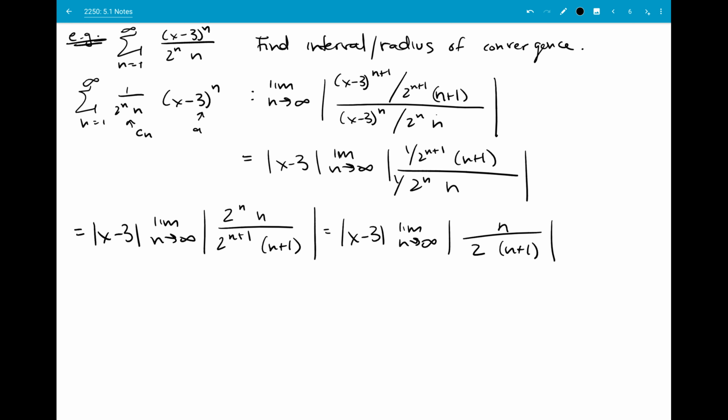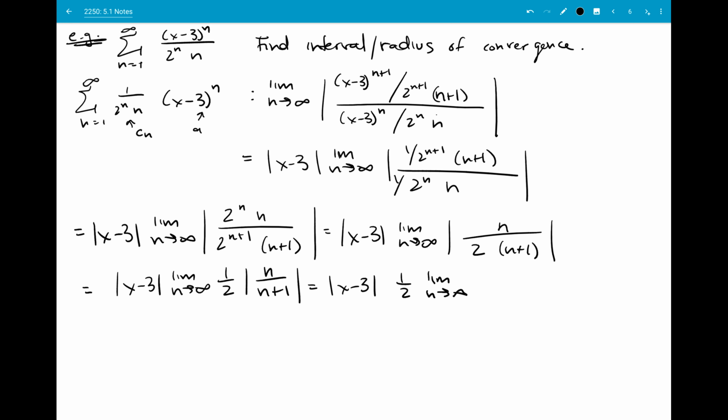And then from here, if you wanted to, you could go ahead. Oops. Actually, I don't want that to be a fraction. So you could go ahead and say, okay, well, that 1/2 comes out for sure. Doesn't really do anything. And then I'm just looking at this ratio between n and n plus 1. So let's pull my 1/2 out of the limit because there's no n in it anymore. I'm just looking at the limit as n goes to infinity of n over n plus 1, the absolute value